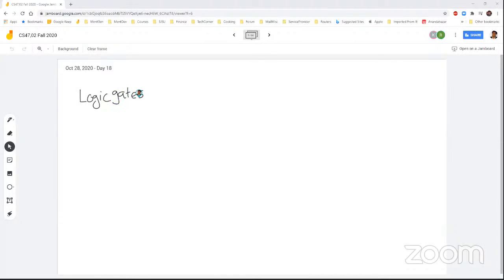We call them logic gates. So basically, what are these? These logic gates